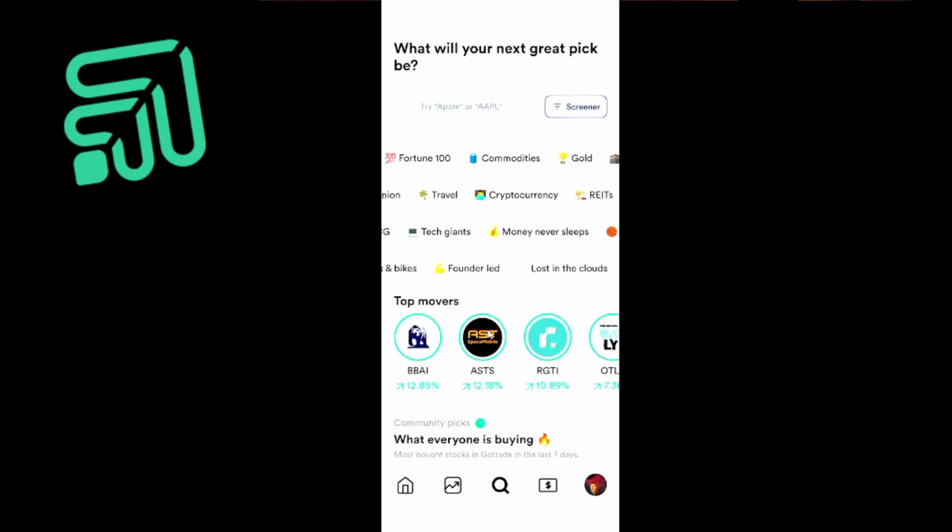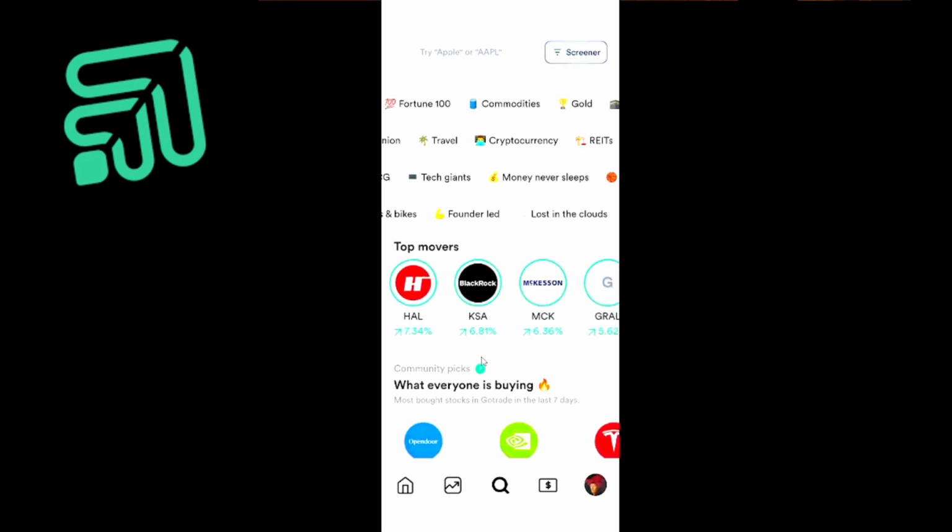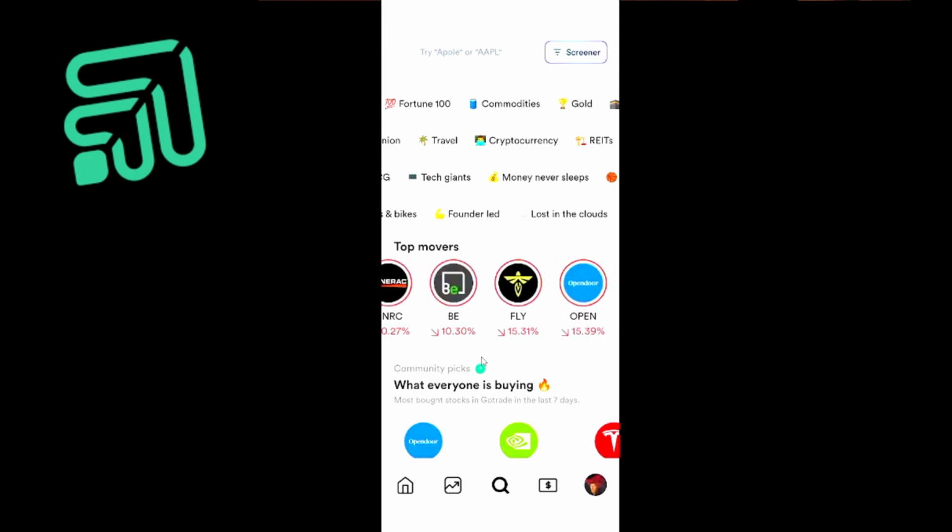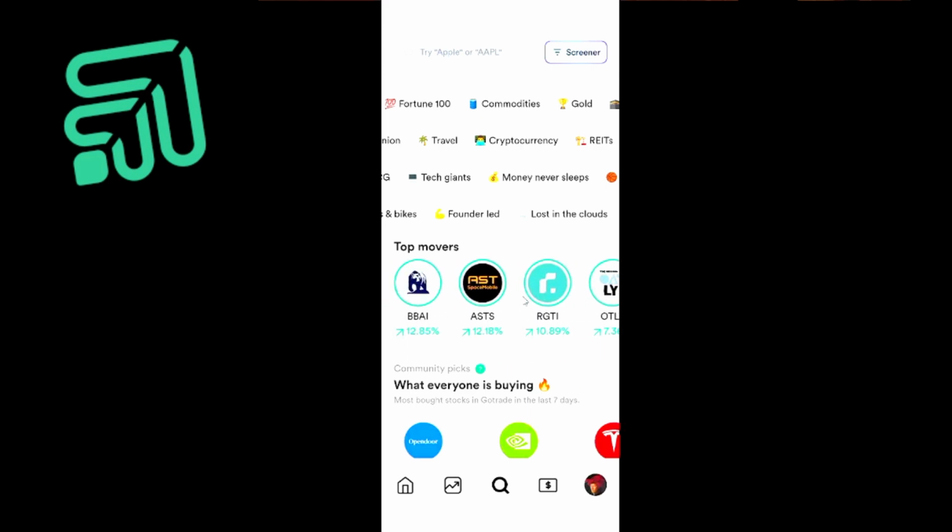And you got also your top movers. Top movers means moving up and moving down, so you'd also see the not so good trades. I left BE, Bloom Energy, because some analysts were questioning one of their contracts with another private company, so it went down. So I moved to GFI, and then Rigetti.